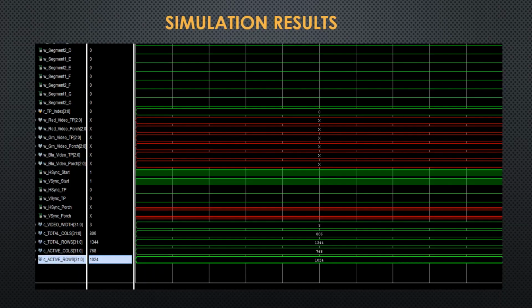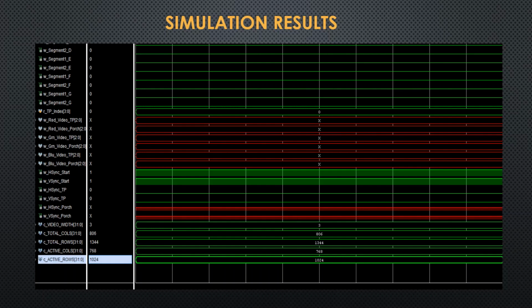These are the simulation results. The top 4 to 5 segment lines are basically lines of the 7 segment display, and after that the 5 to 8 red lines show the unwanted signals that don't have any effect on our results. The last 4 lines are actually our result. The total columns and total rows were taken as 1344 by 806, out of which the active columns were 1024 and the active rows were 768 pixels. These are basically converted in decimal form, so as to have a basic